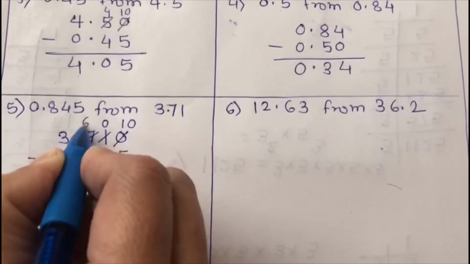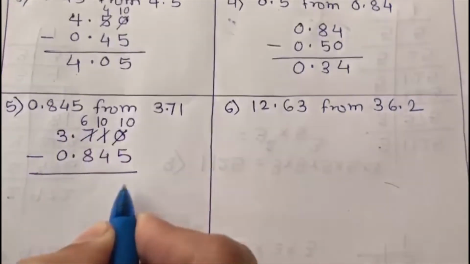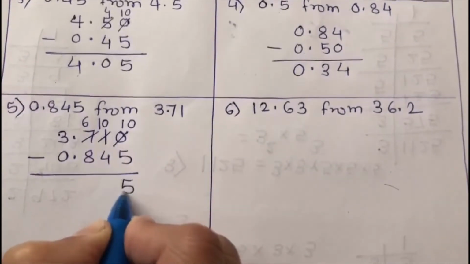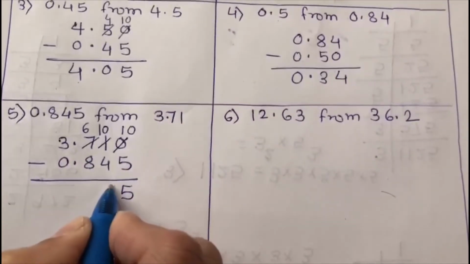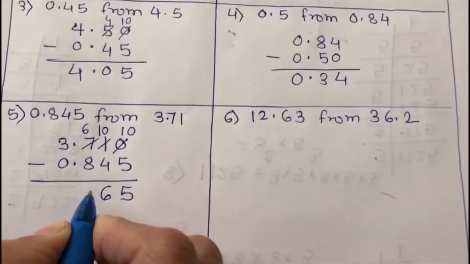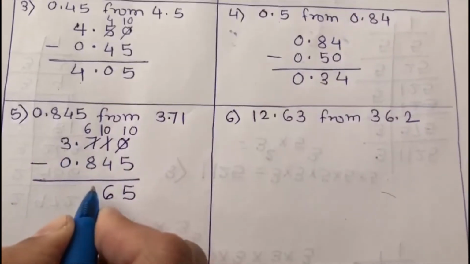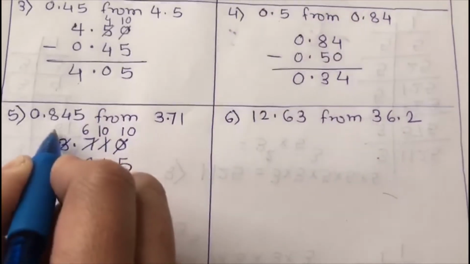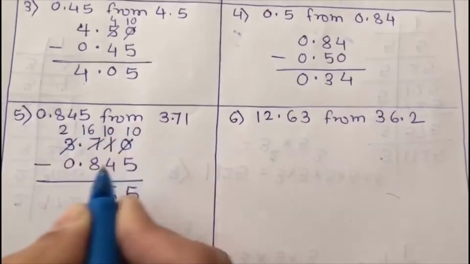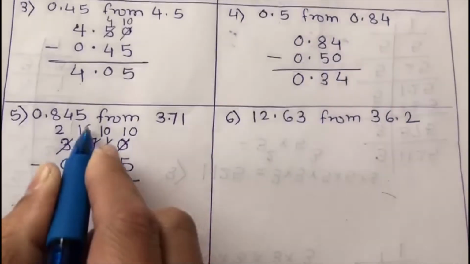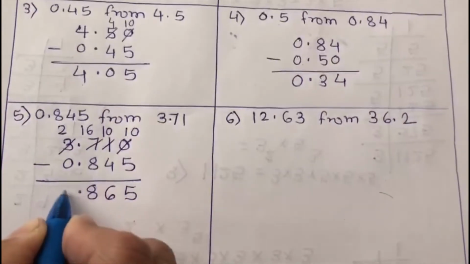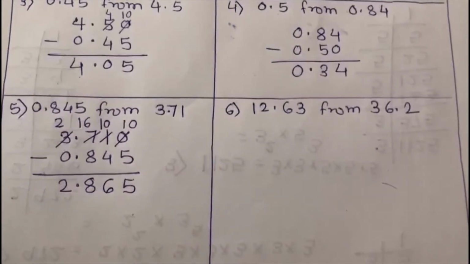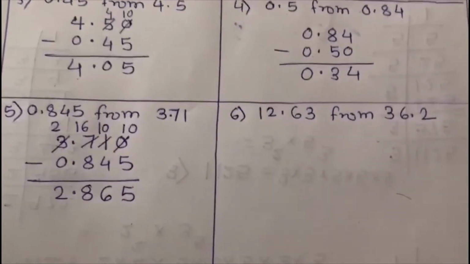Then I take, so 10 minus 5 is 5. 10 minus 4 is 6. And 6 minus 8, so I write here 2 and carry 1 here. So 16 minus 8 is 8. 2 minus 0 is 2. So we have got the value